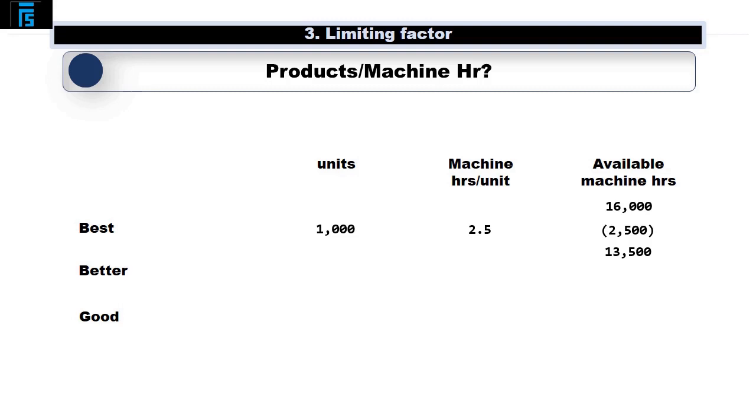The total demand for betters is 1,500 units, and they each take 3 machine hours, so a further 4,500 hours will be utilised to make these, leaving 9,000 hours that can be used to make goods. As each good takes 4 hours to make, we can make 2,250 units with this remaining 9,000 hours. The demand for goods was 2,500 units, so we can see that we cannot make 250 units given the restricted